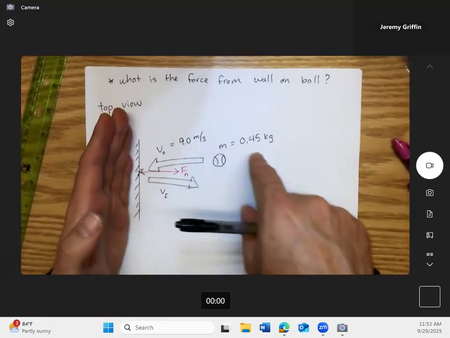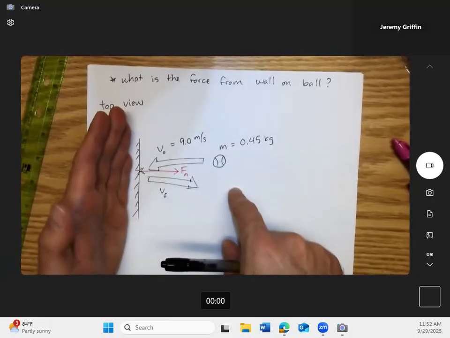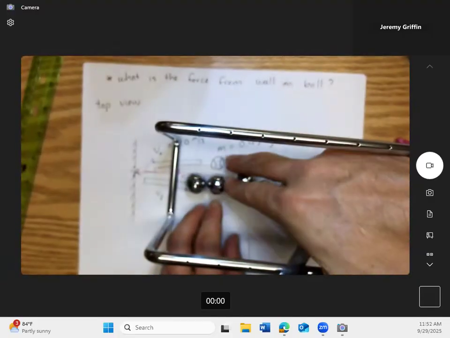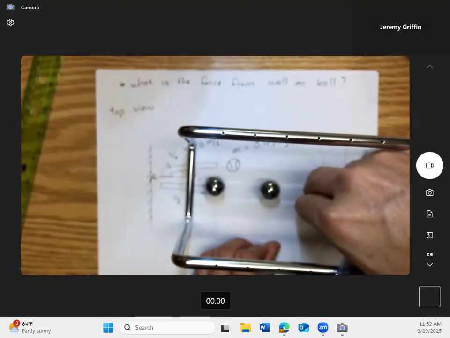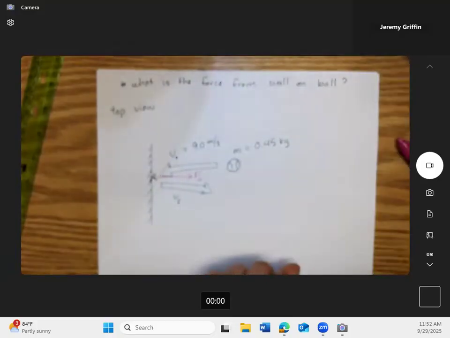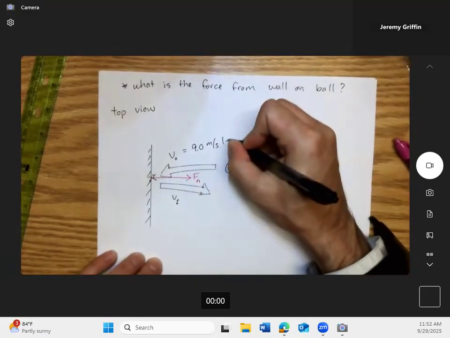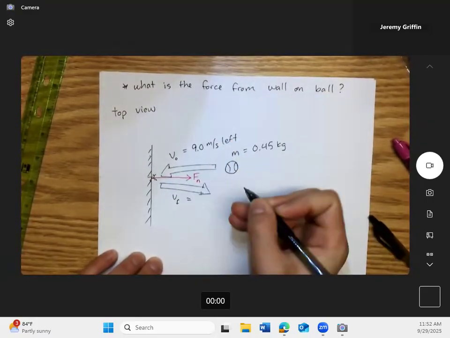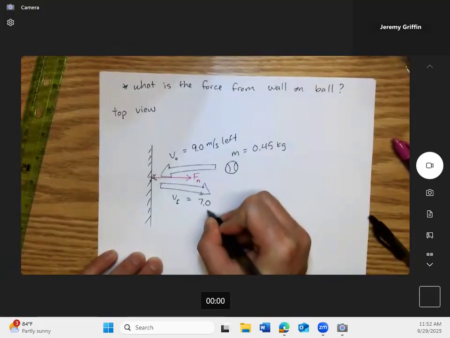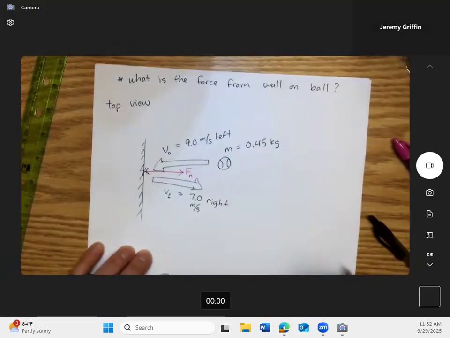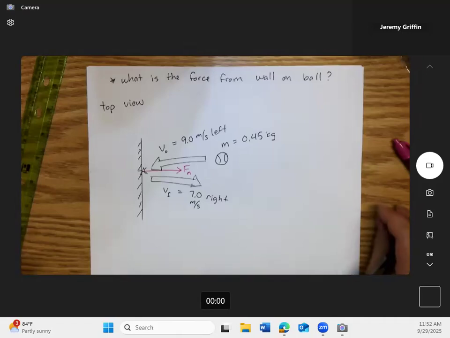That's if it's what's called perfectly elastic, which is kind of like my Newton's cradle right here. You guys think this right here also models perfectly elastic, or pretty close? But it could be less than that. Let's say this is to the left, and let's say it rebounds at 7.0 meters per second to the right. So a little slower. That's more realistic, right?